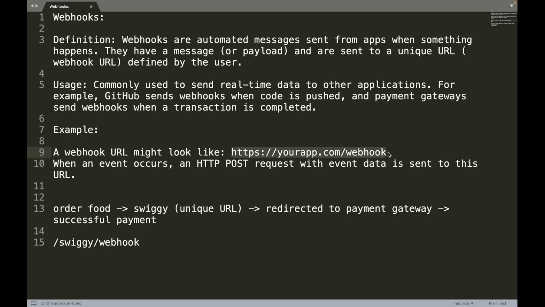So you expose a unique webhook URL, and when the payment gateway in this example successfully completes the transaction, it sends an automated message, or it could be some real-time data, using which the rest of the work is done. You can also assume it as a convenient way using which applications can communicate with each other. This is the concept of webhook.